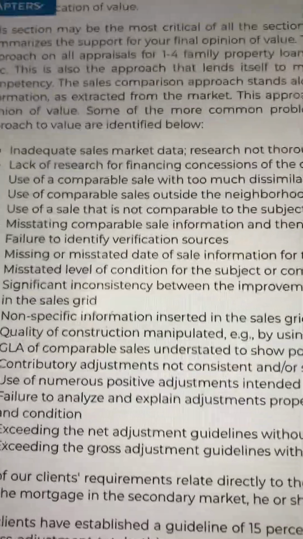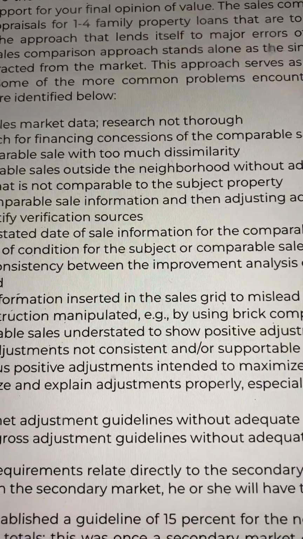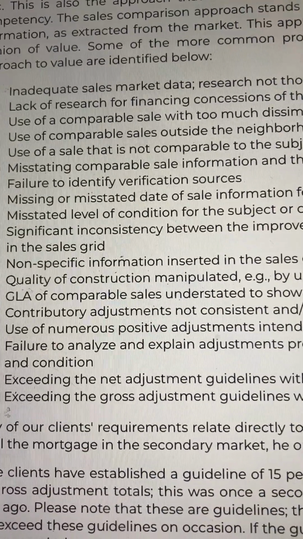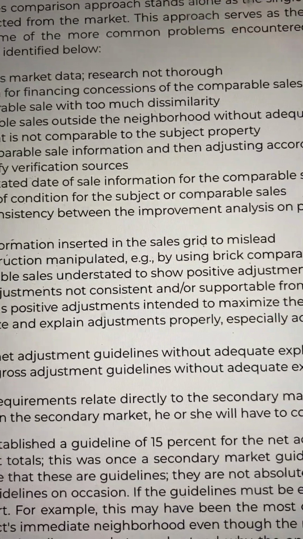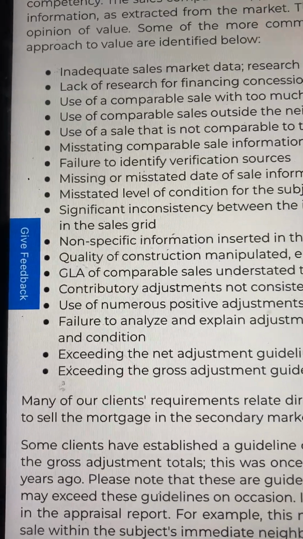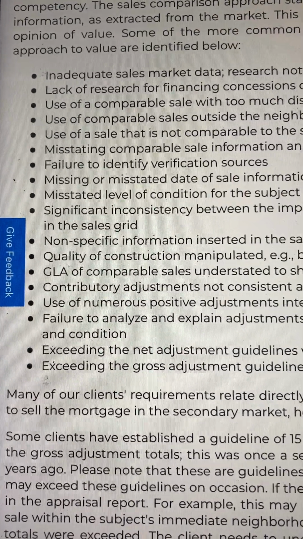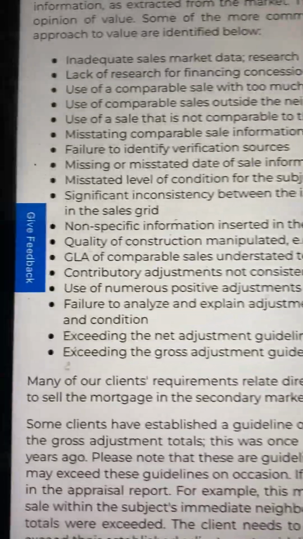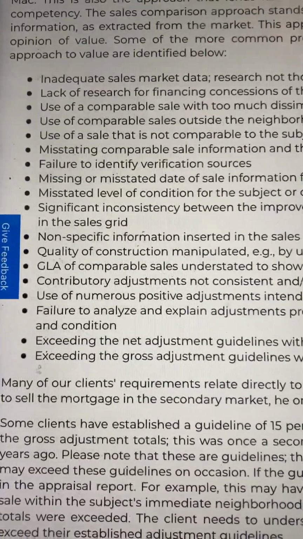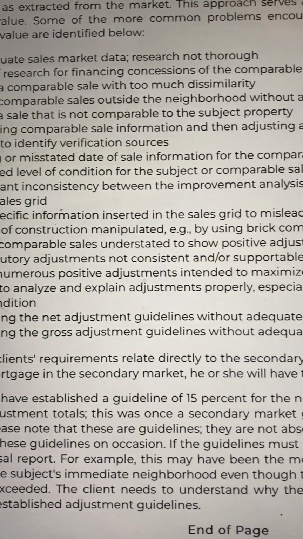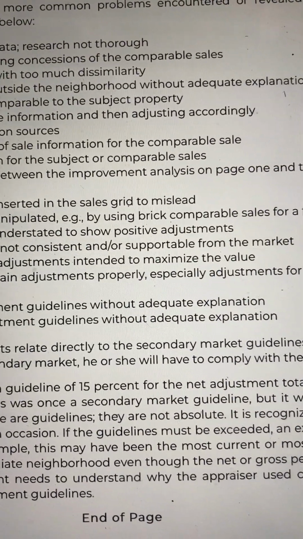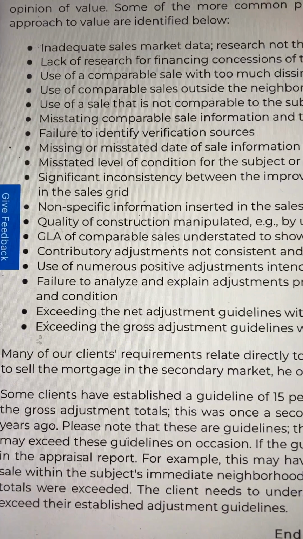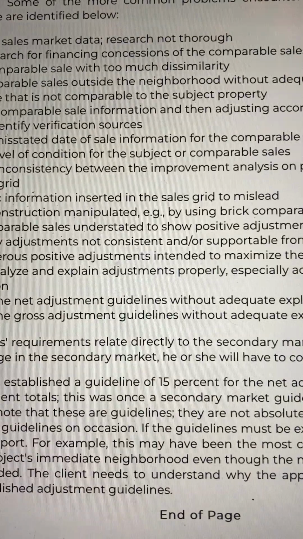Inadequate sales market data, research not thorough, lack of research for financing concessions of the comparable sales, use of a comparable sale with too much dissimilarity, use of comparable sales outside the neighborhood without adequate explanation, use of a sale that is not comparable to the subject property,